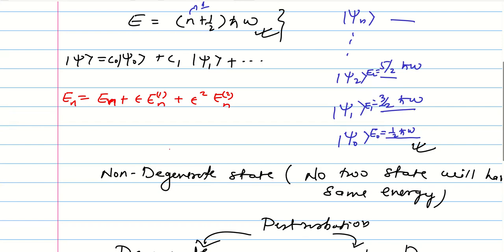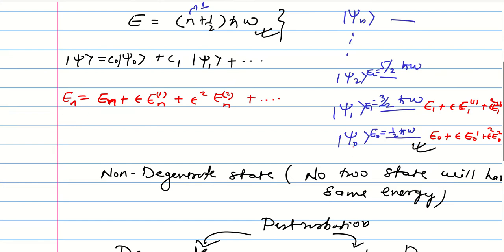So likewise your wave function will also change. So when you add a perturbation, how was your energy changing? Your energy was going this way. First order correction, second order correction. Okay, so you have to calculate what E of 1, E of 2, all these are. And in this case, first order correction, second order correction, and so on. So in general you have written it in this form.